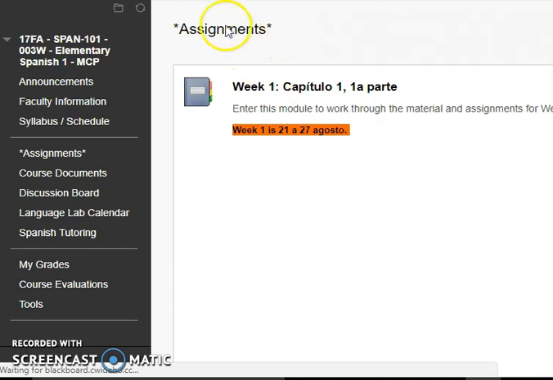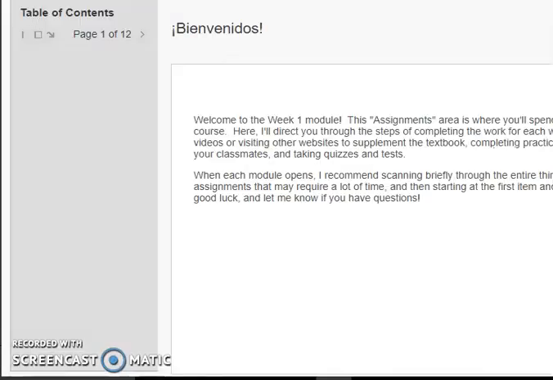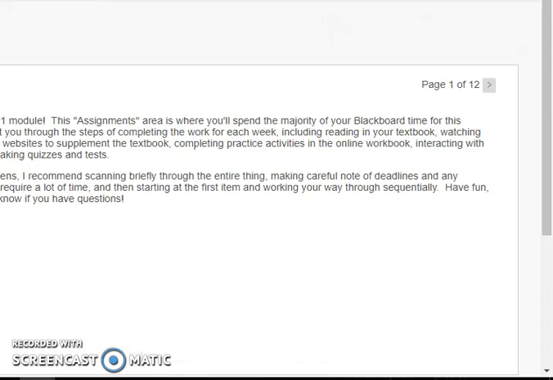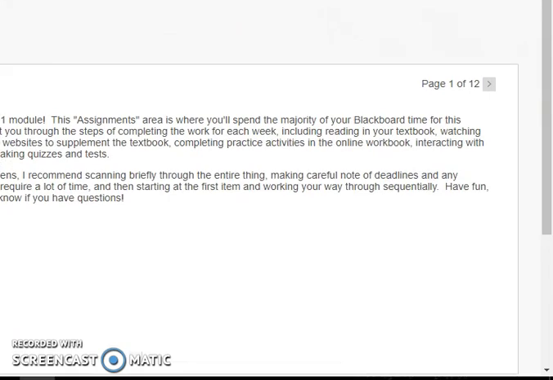So let's look at the assignments tab again. And I'm clicking into the week 1 folder. The course is organized by week, and you'll click into these folders, and it's a module organization where you can click page by page, so you're not doing a lot of scrolling from top to bottom. Instead, it's clicking through the pages, and it gets you the same place if you click here, or there's another button over here that has the pages as well, and that'll get you to the exact same place.